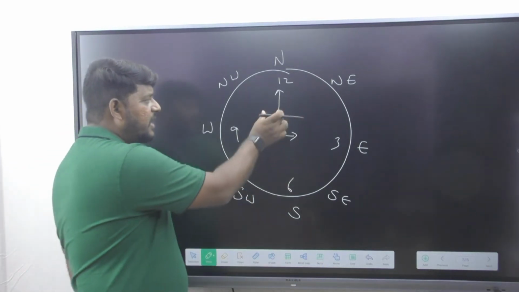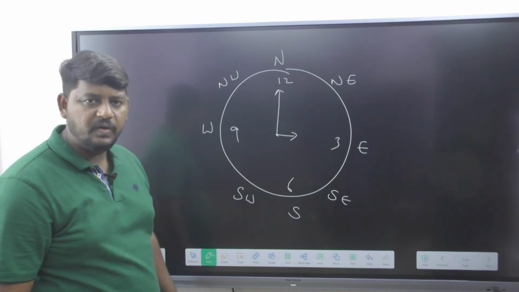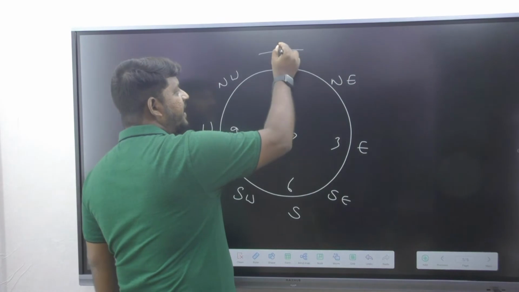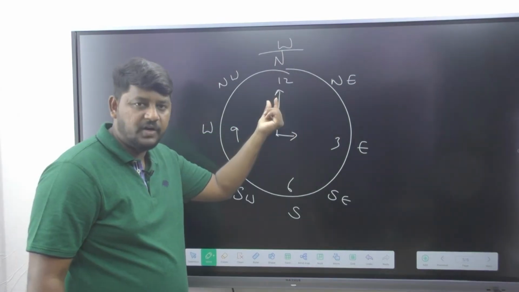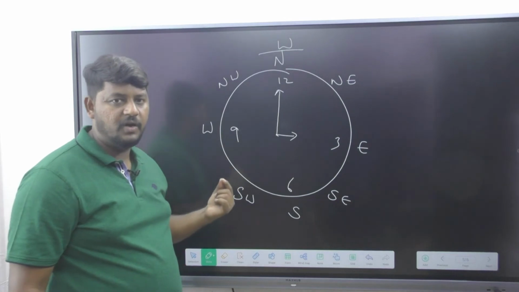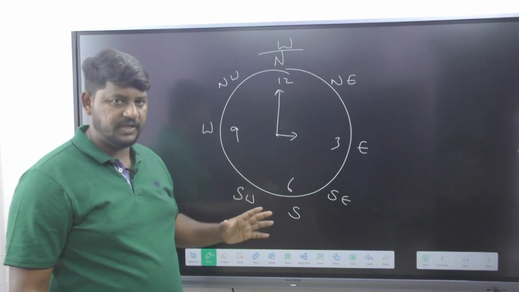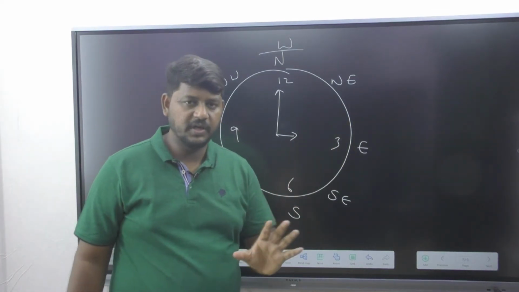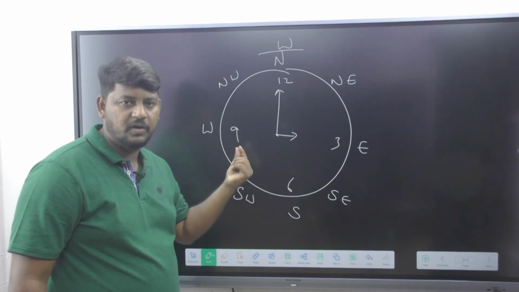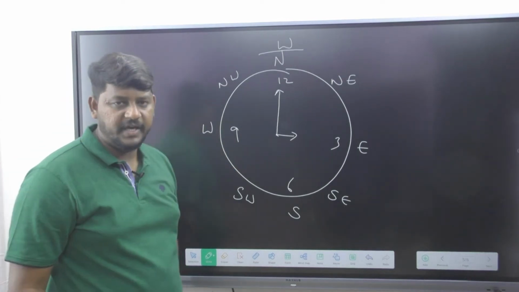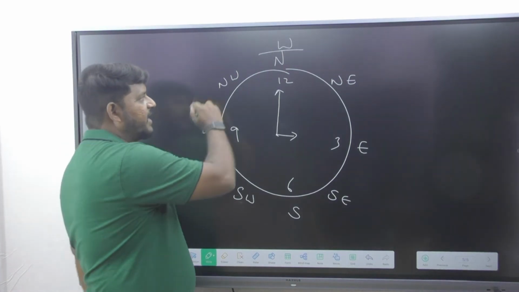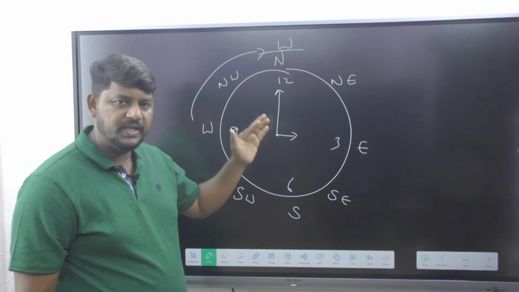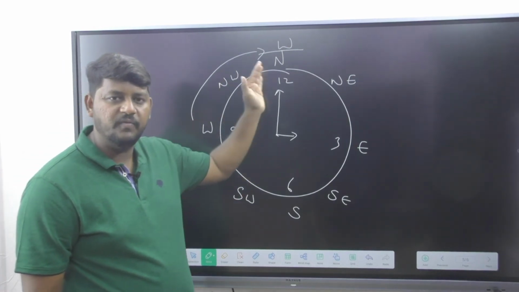Originally, we all know that the minute hand is pointing towards the north direction only. But your examiner is asking us to understand it as what? West direction. So, do not try to move the hand of the clock. If you try to move the hand of the clock, the time is going to change, because the examiner is clearly mentioning the clock is showing 3 o'clock. Do not move the hand of the clock. Instead, we are going to move the directions. Now, when I brought the west direction over here, all the directions must go. All the directions should be changed. You cannot just change only one direction.